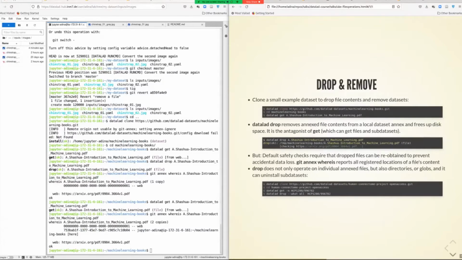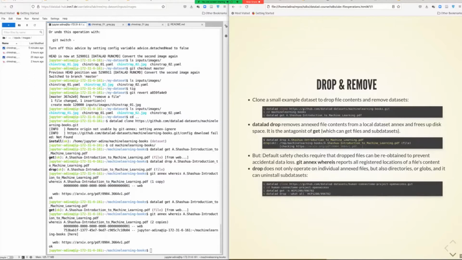What drop also does, and this is only going to be part of the session tomorrow, but I'm just including it here, it also does something that's called uninstall subdatasets. So if you have a dataset that has loads of subdatasets, the Human Connectome project dataset is an example of that, then get is able to get subdatasets to individual linked datasets, and drop is able to drop those or uninstall those datasets. And just like get leaves a trace, like the file name back in your dataset that you can then act upon and get,